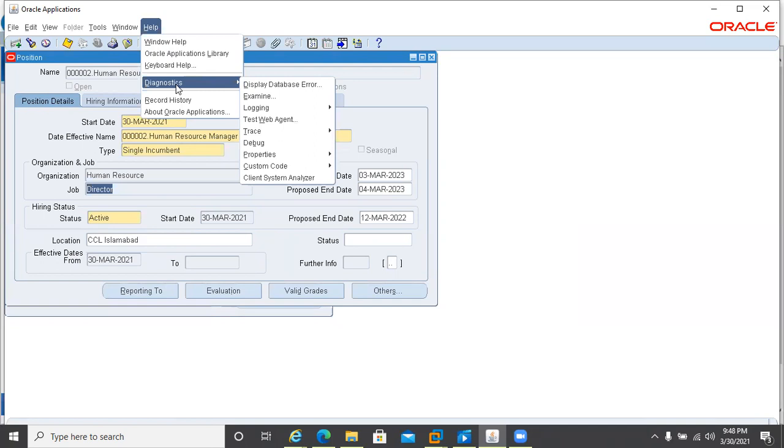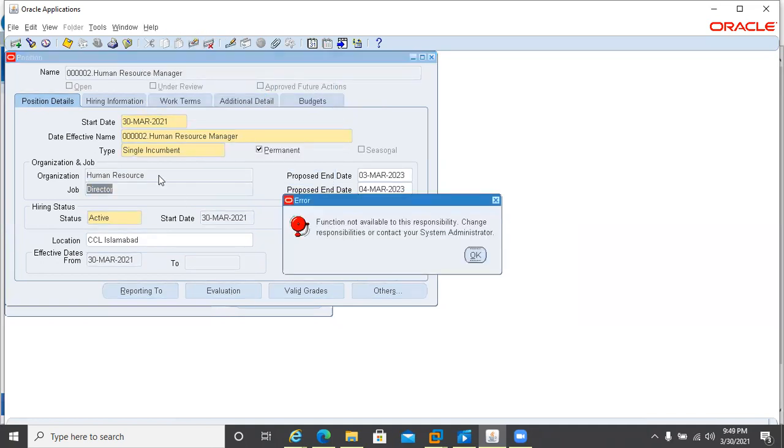And now this is another point which I want to show you. It will take a little bit of time. It is not enabled. Why is it not available? Because one of the profile options is not enabled.